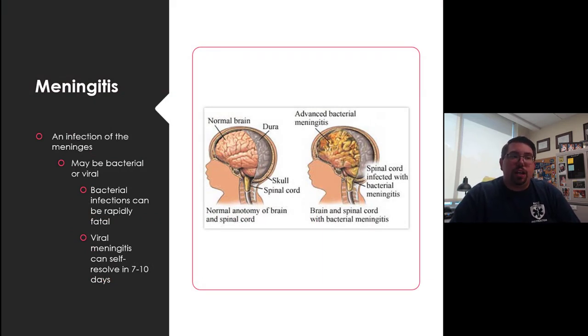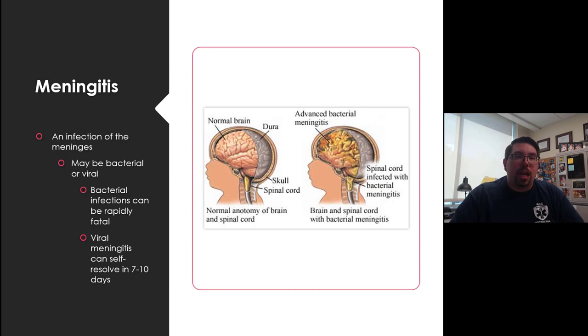Meningitis. Meningitis is an infection of the protective structures, the meninges. It may be both bacterial and viral. Bacterial infections are typically rapidly fatal, and viral meningitis can self-resolve, believe it or not, on its own within 7 to 10 days. We know that in a normal child, we have the brain, which is covered by the dura mater,